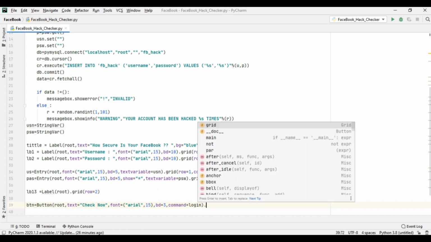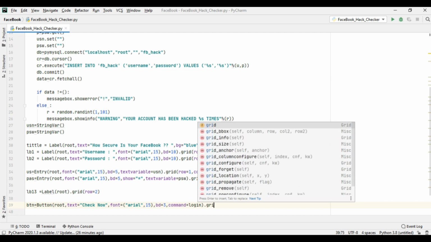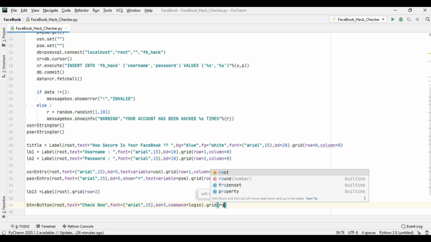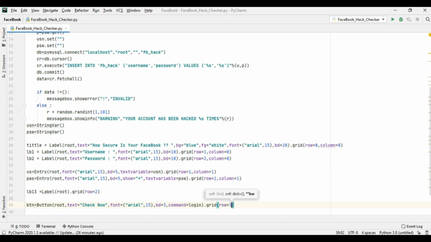So it will be down. Row 3, column 1. So it will shift towards column 1 and it will be row 3, somewhere in between. So directly under the password column.